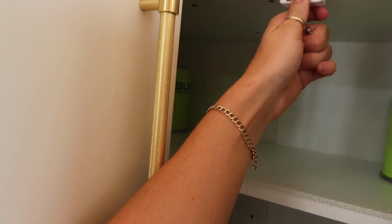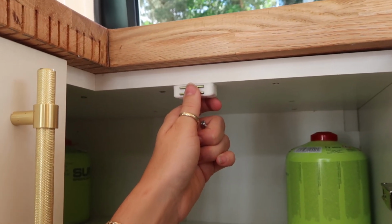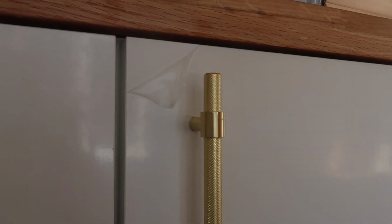So yeah, it comes like this. Three screws. The little screw goes into the metal plate, which goes on the door. So the metal plate goes on the door, and then this magnet catch goes just here, nice and flush to the front of the cabinet. So then when it closes, actually I'll just show you here. So I've done this one. There it is in the corner. There's the little magnet plate, and then you can probably hear it. Wait until there's no cars. So it attaches, whereas this one,